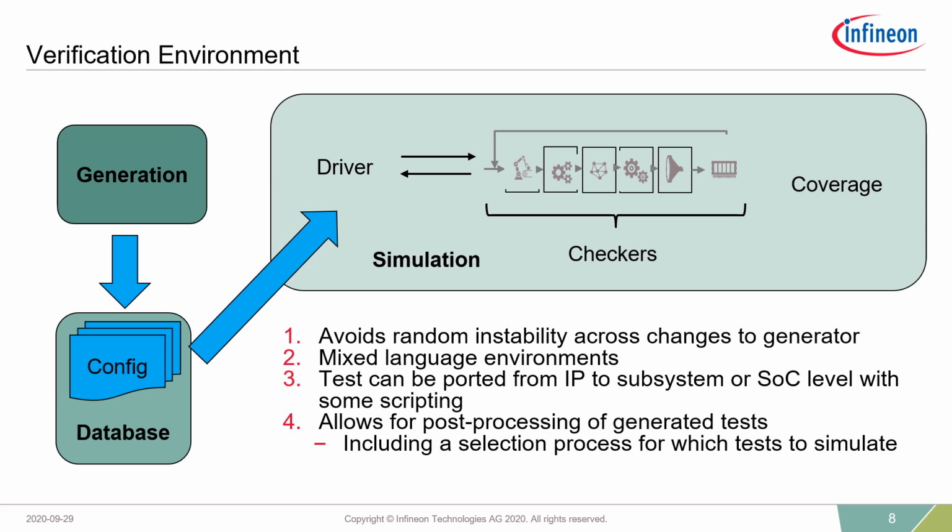We found that we were having to make frequent changes to our generator, and having to regenerate tests across these changes was making coverage closure difficult. Having the tests saved in a database made the regeneration unnecessary. This approach has also enabled us to use different languages for our generation and for our simulation environments. So our generation is done in SpecMini and our simulation is in System Verilog, which is a mix that we